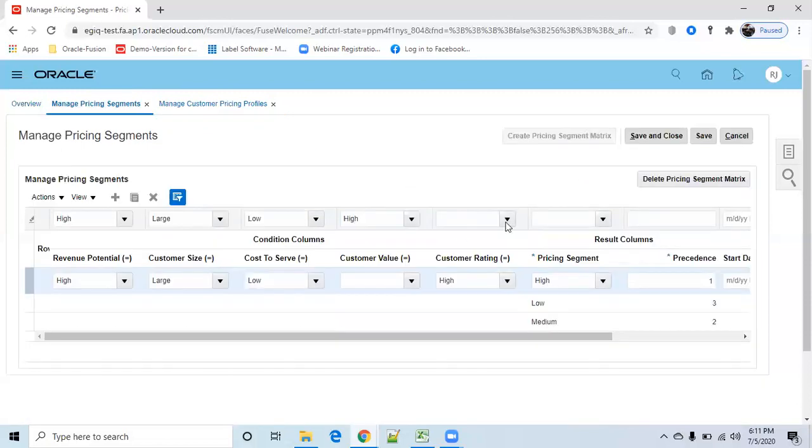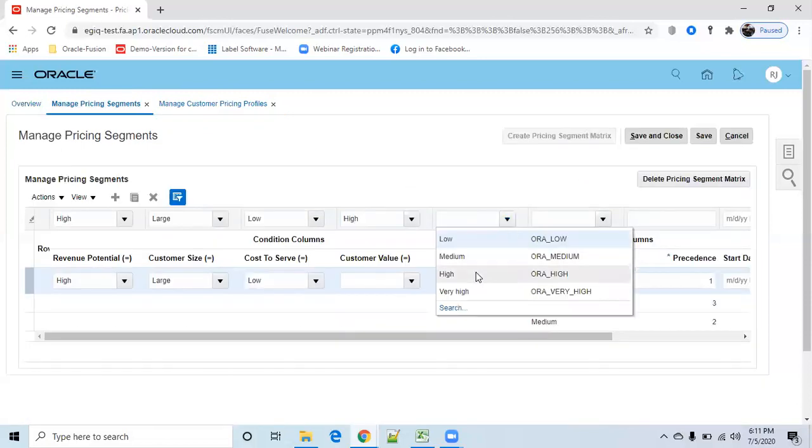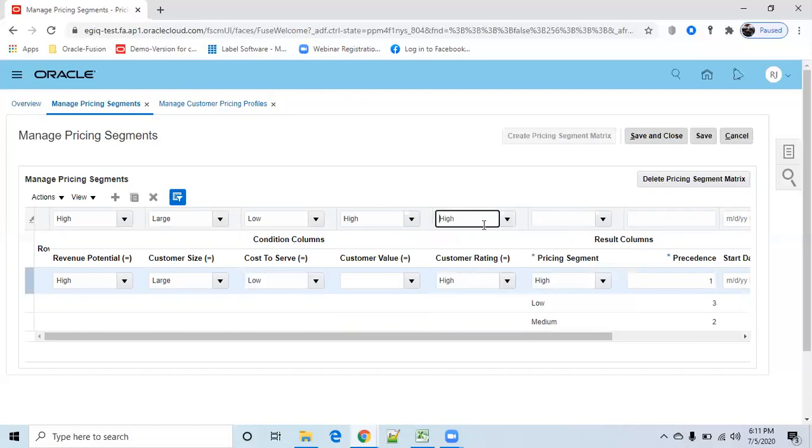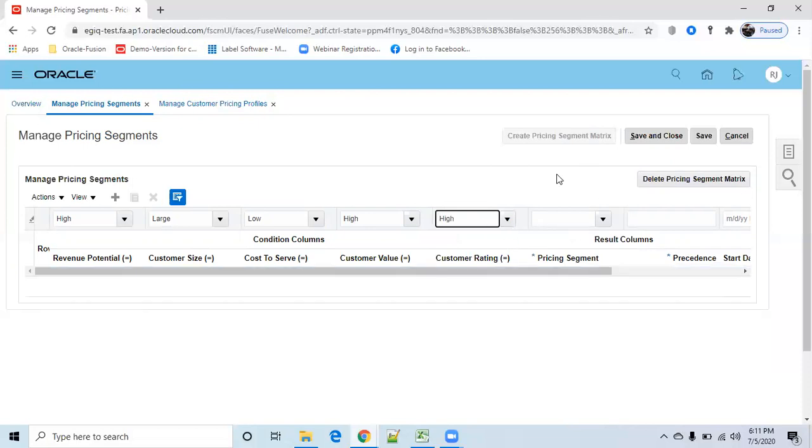After selecting this, click on search, enter. We don't have any pricing segments. So first we need to create your pricing segment.